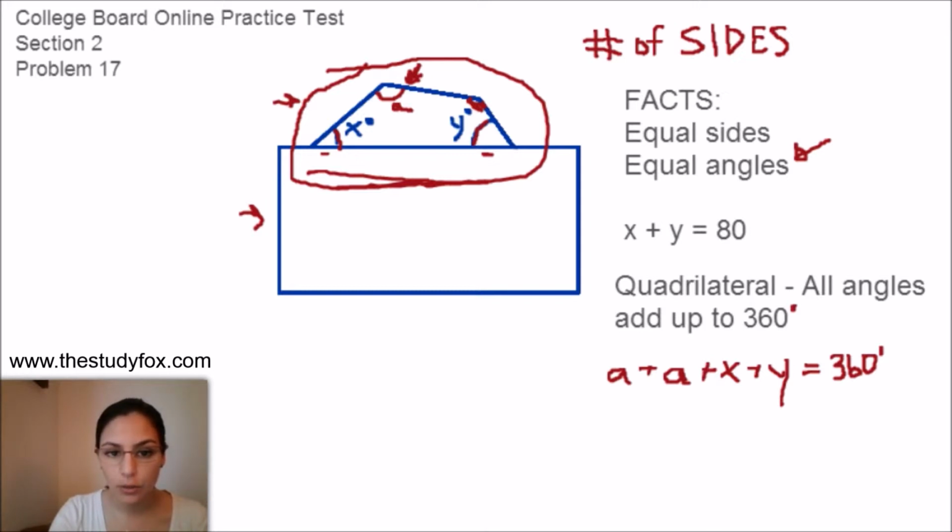And let me just remind you, so we have x is one angle of the quadrilateral, y is another angle of the quadrilateral, and then A is a third angle of the quadrilateral, but we know that it's equal to this other angle here because all the angles of the polygon are equal. So that leaves us with 2A